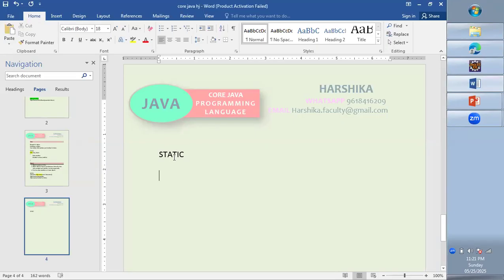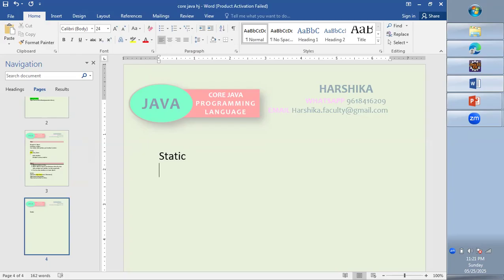In this video, we will be seeing the use of static keyword in Java program. So how to use static and what it is used for, we will be seeing today in this video. So static is a keyword which when used with variable or method, then that method or variable is not bounded